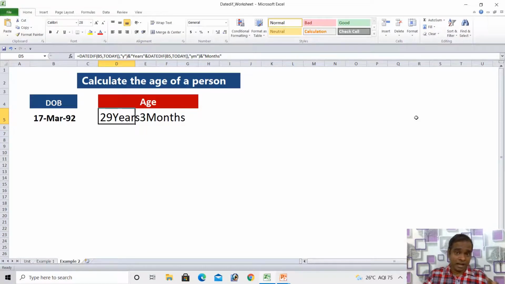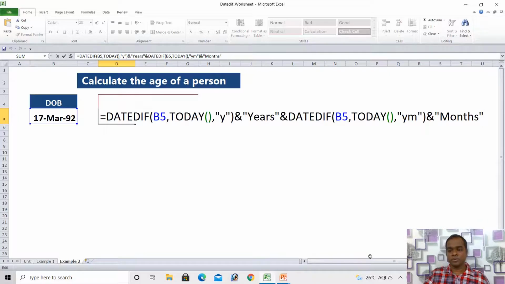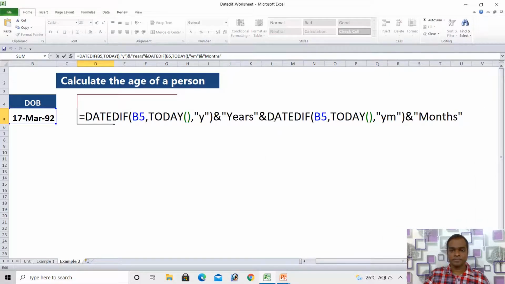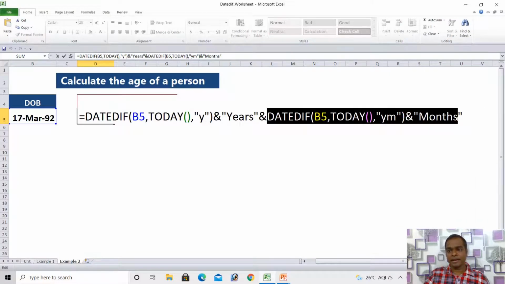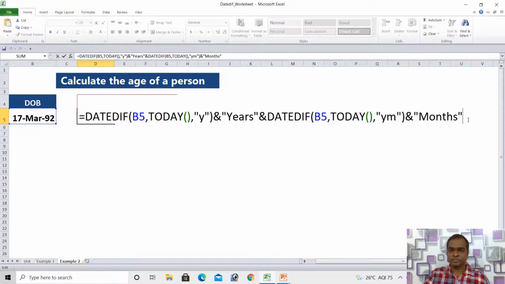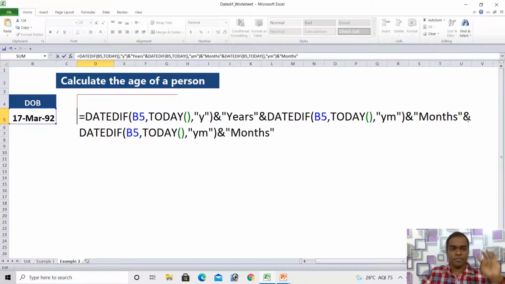I want to calculate the number of days as well. So press F2. The same formula, either you can write it or copy it down. I'm copying here, putting the ampersand and pasting the same formula. Here I need to change only to MD, and here I can write "days".